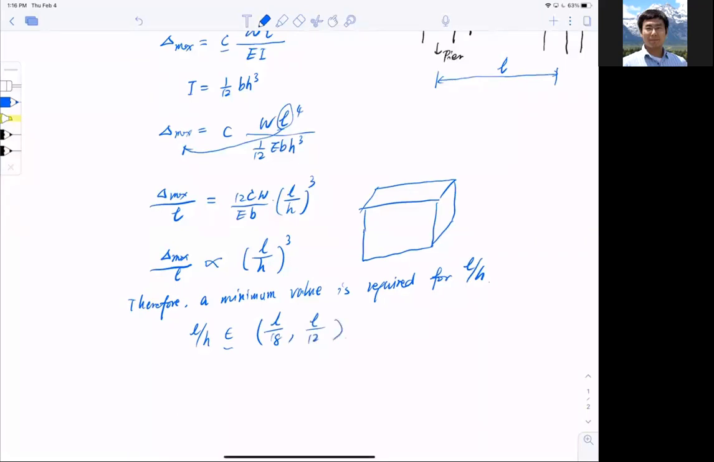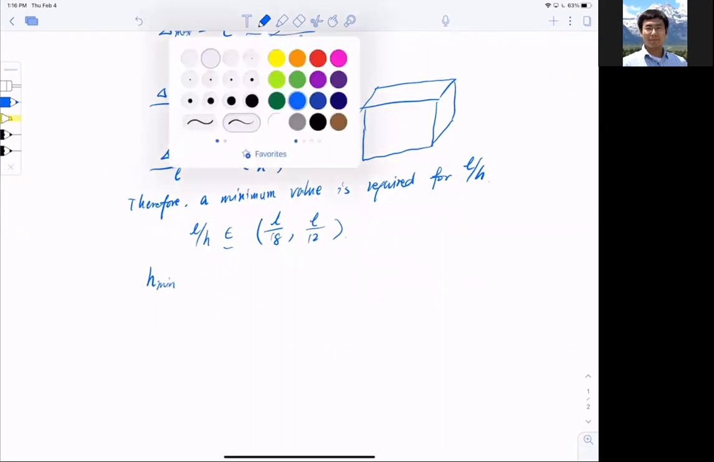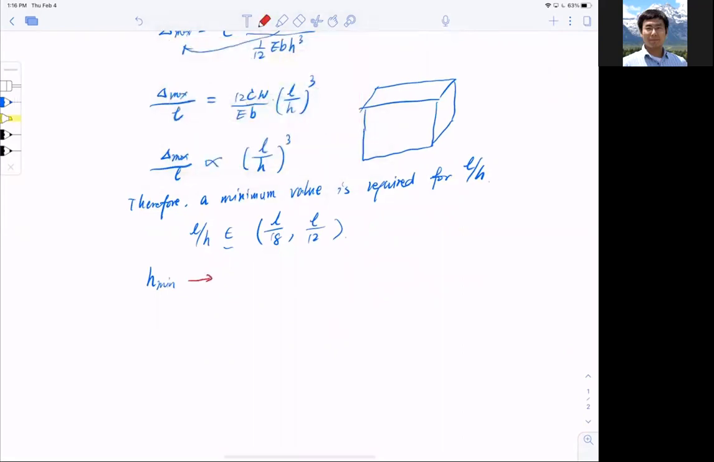L over 12, okay? L over 12. All right, so that means I have a minimum height of the section. As a matter of fact, you don't have to think too much because ACI already thought it out for us, and you can find this from ACI table